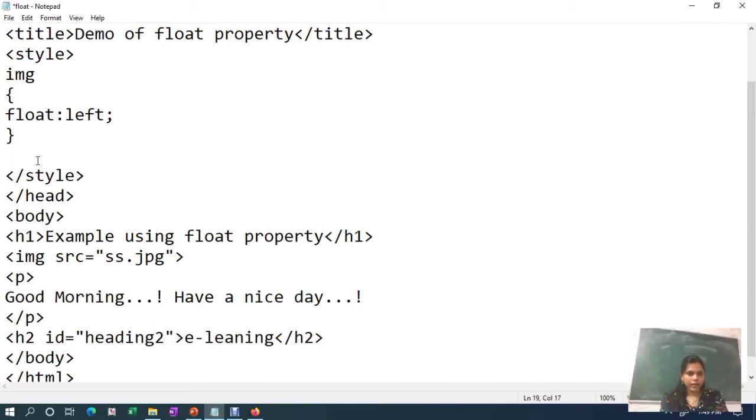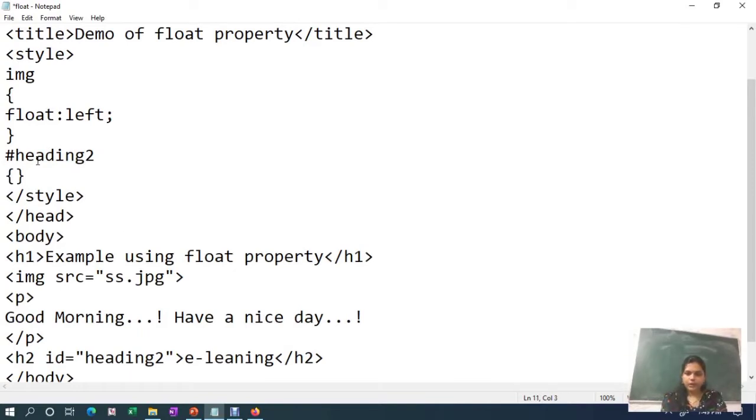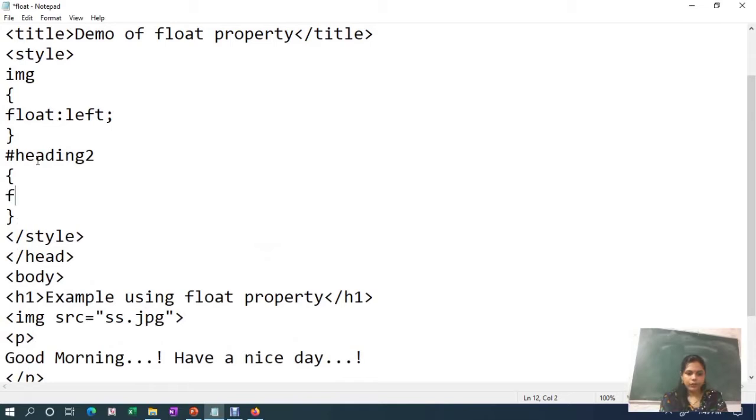Then to indicate that it is an id selector we will use a hash symbol. So hash heading 2, and now here you can provide a float property. Suppose we want this text at the right side, then provide here the value right. Now save the program and try to execute it.